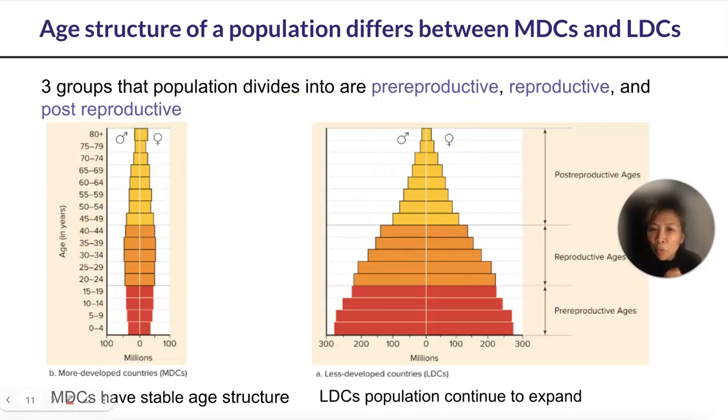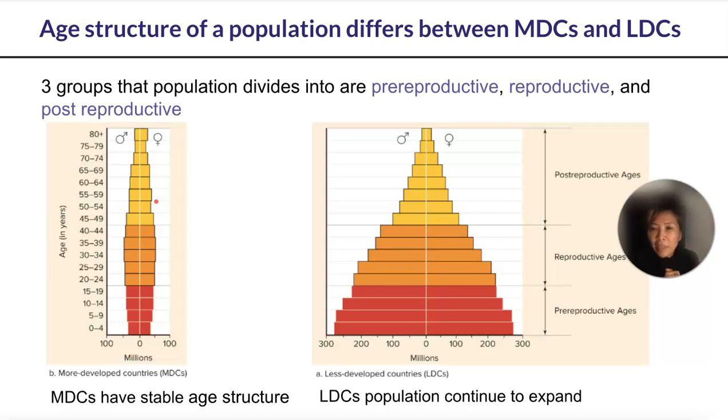They tend to have a more stable age structure. What does that mean? It means that the number of pre-reproductive age is pretty similar to the number of reproductive age, and pretty similar to the number of post-reproductive age. And so in more developed countries, they tend to have a stable age structure, about an equal number of each aging population,